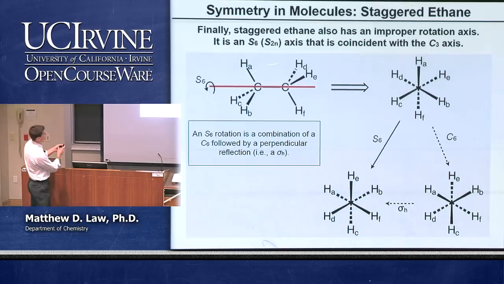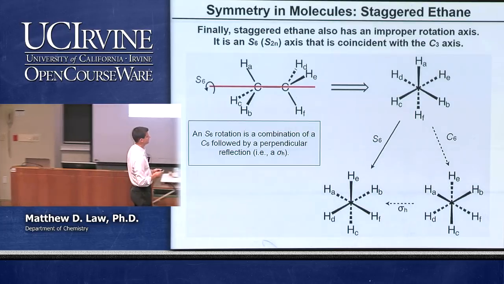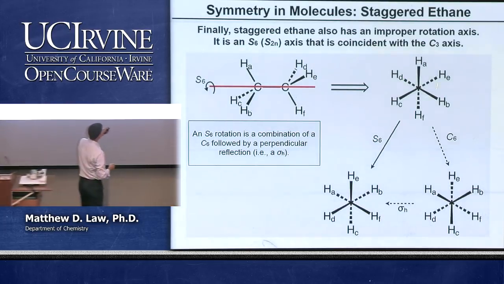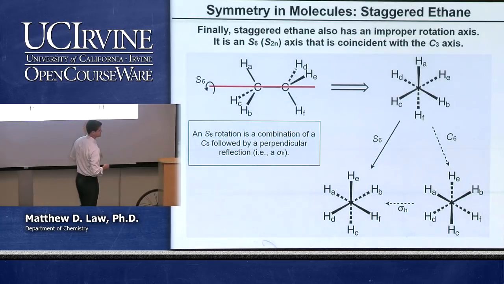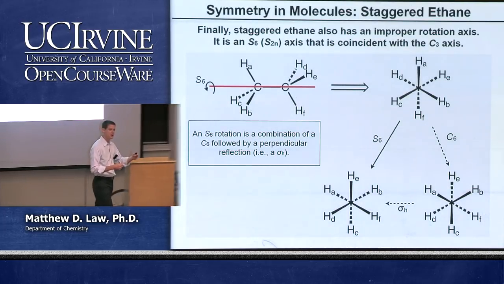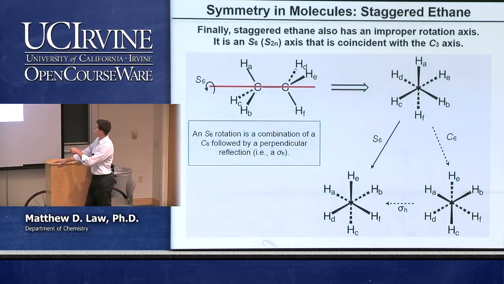And you can probably see right away how an S6 operation is going to be a good operation for this molecule. Let's look end-on to describe how this is going to work out and prove to ourselves that it generates an equivalent configuration. So here's the original molecule before the operation. Just end on there. Let's perform our C6. That's a 60-degree counterclockwise rotation. Okay? So that sticks HB here, right? 60 degrees. It goes like that. HE goes to there, 60 degrees, rotation, and so forth.